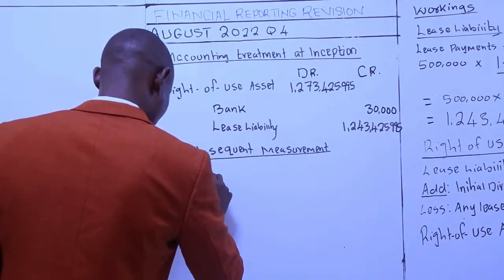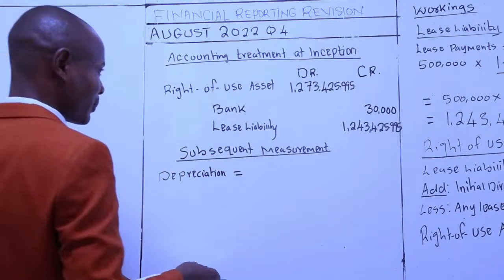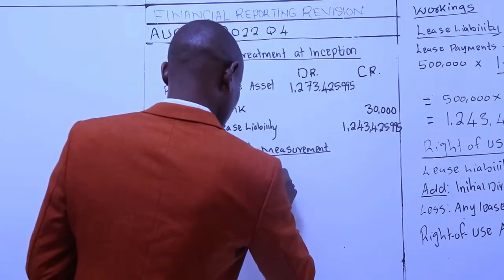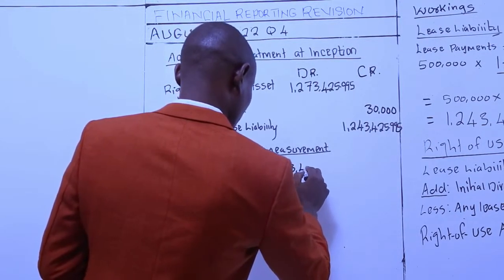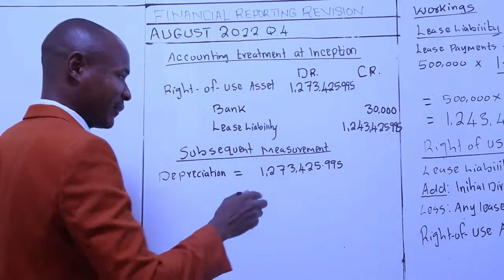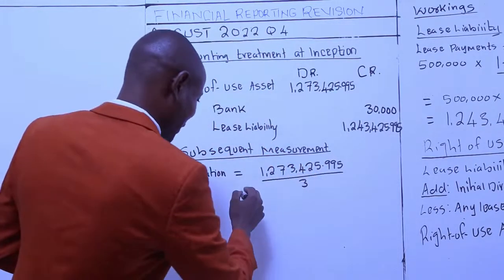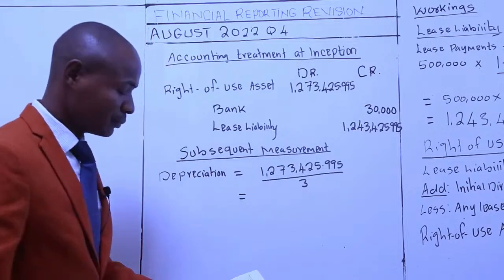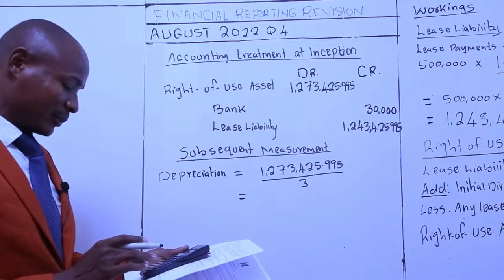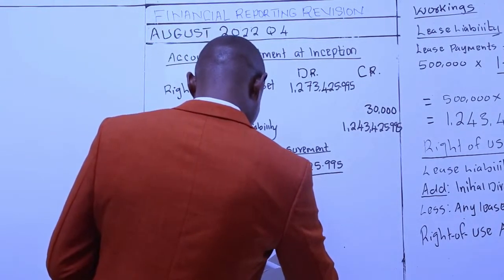Depreciation per annum is going to be as follows. We have the right of use asset amounting to 1,273,425.995. Just divide that with 3 to get your depreciation charges per year. That will give you some answer, 273,425.995 divided by 3. Depreciation per annum is 424